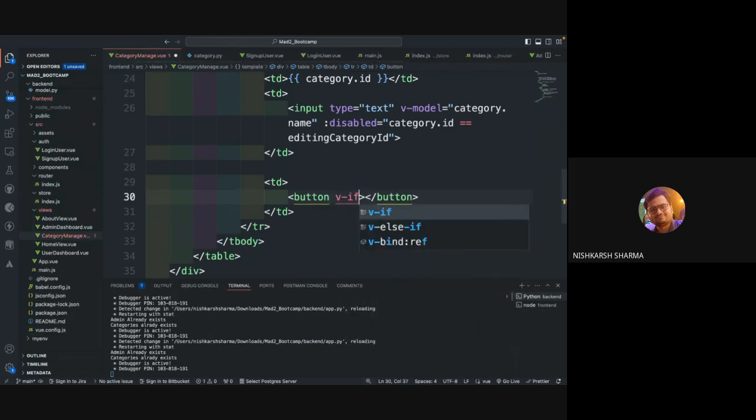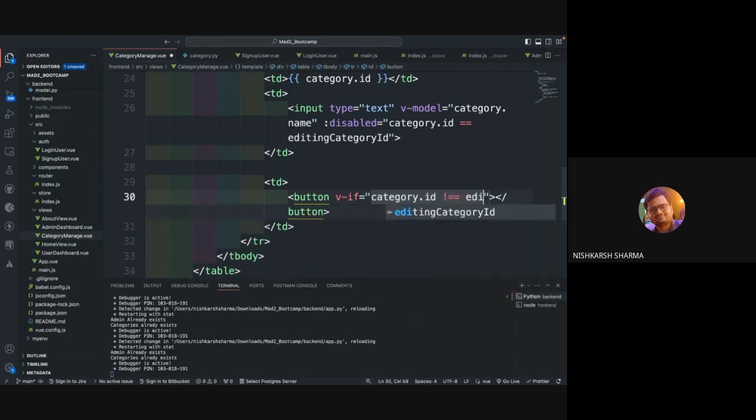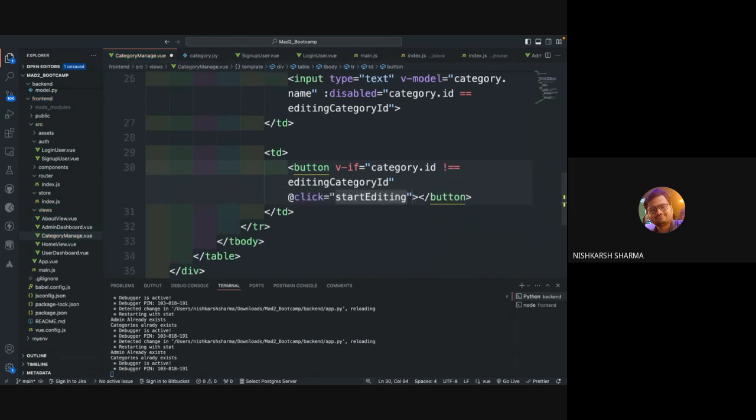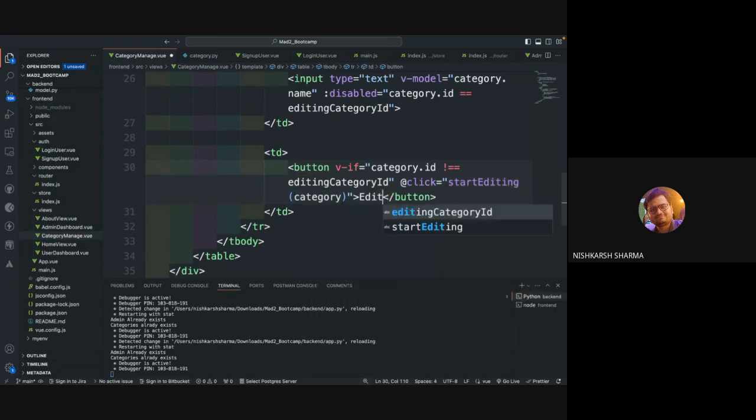So when we hit the edit button, this input box will be enabled, and you will be able to edit the category ID. You will be able to edit and change the name of that particular ID, and then start editing. Okay. And then you will see a save button or something, and then you can just